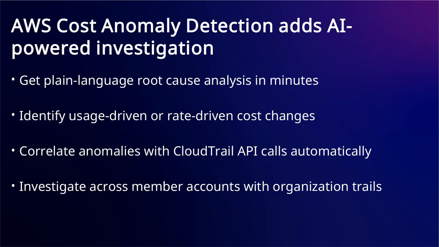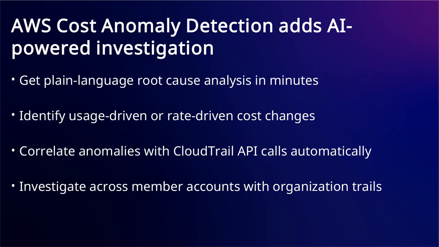Investigating cost anomalies typically requires you to manually correlate cost data with CloudTrail events and resource activity, a process that can take hours. AWS Cost Anomaly Detection now includes AI-powered investigation using Amazon Q to analyze root causes and deliver explanations in minutes. When you investigate an anomaly, Amazon Q determines whether the cost change is usage-driven or rate-driven,